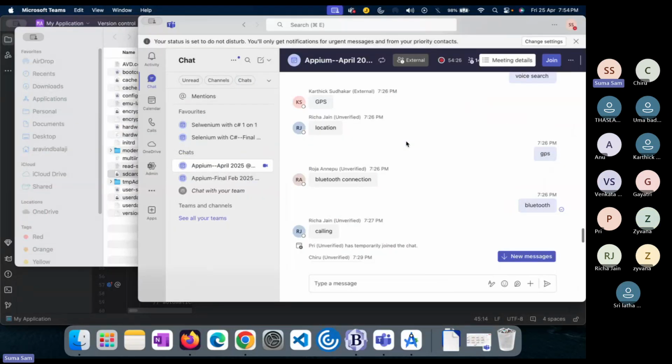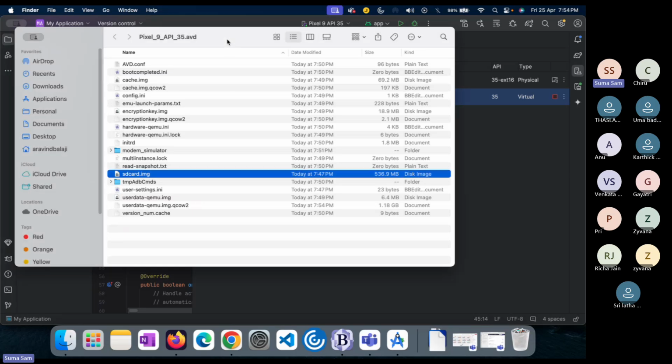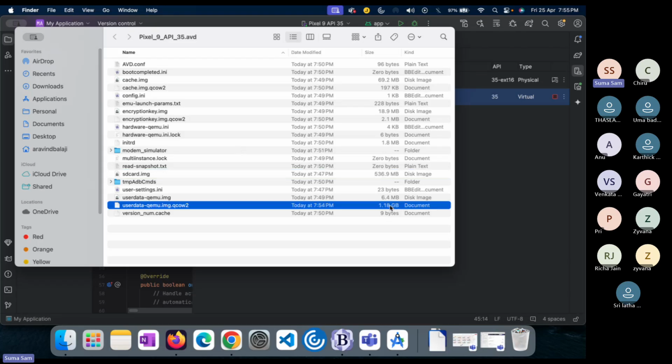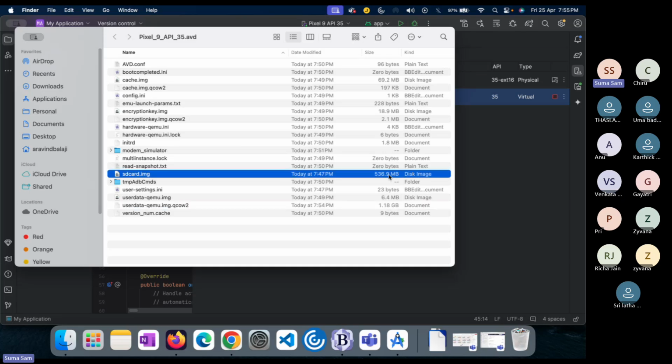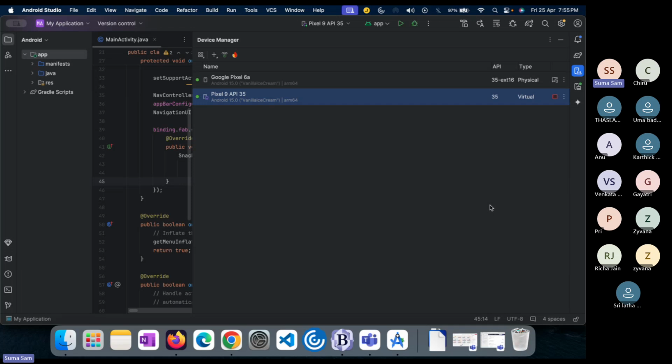So now can you see the pop-up, the Finder window, my Finder Explorer, kind of file explorer? Yes, we can see. So you can see the disk size. This is the exact device, which is 1.18 GB, and this is the SD card image, which is 536. So it occupies close to 1.6 or 1.7 GB. But as and when you add apps into the emulator, this space increases. If you add 2-3 GB of data for apps inside the emulator,